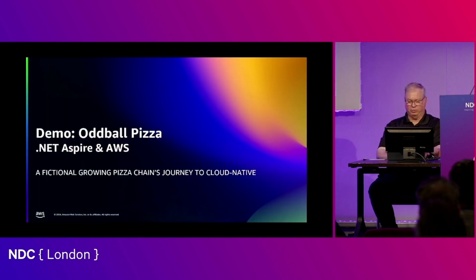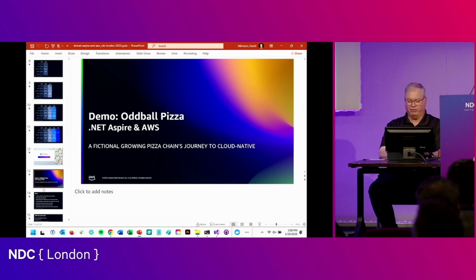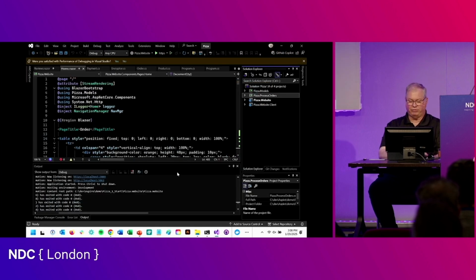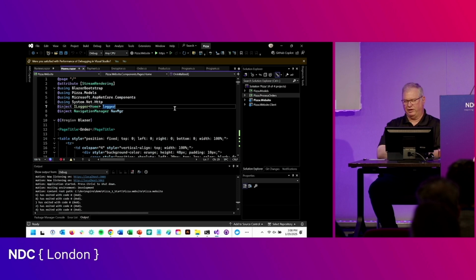So now we will do this, and let's see how a fictional growing pizza chain's journey to cloud native is helped by .NET Aspire. So for starters, what I'm going to do is I'm going to start with a practically non-existent app, and we're just going to fast forward as they make changes and look at what was changed and what it does for them. So initially,